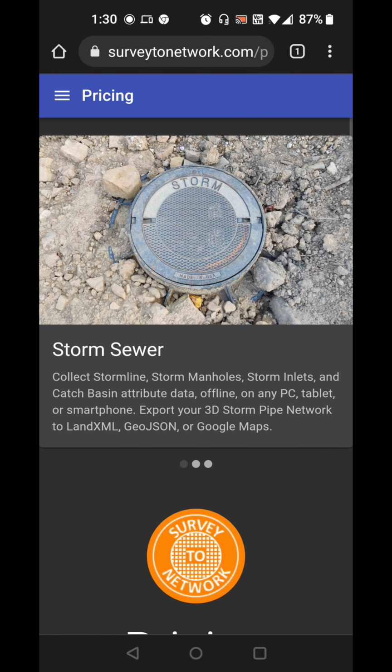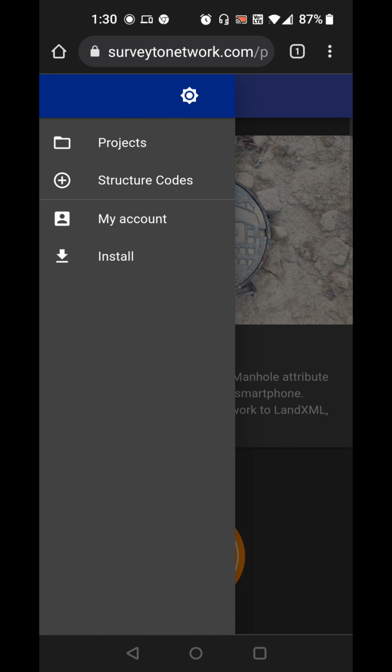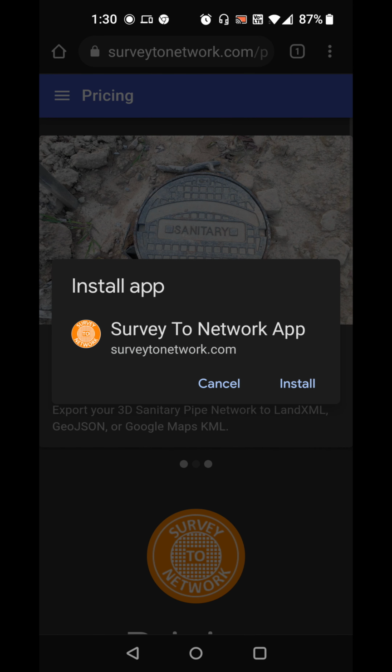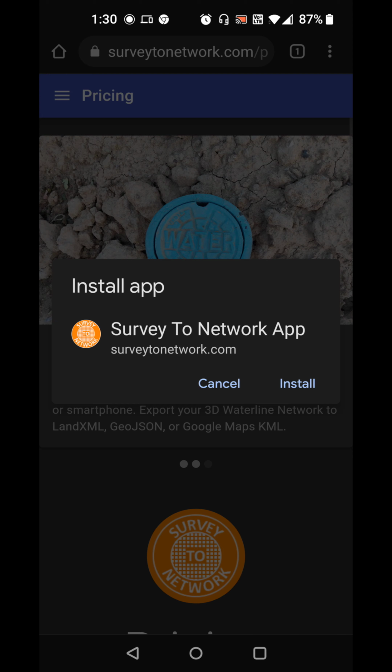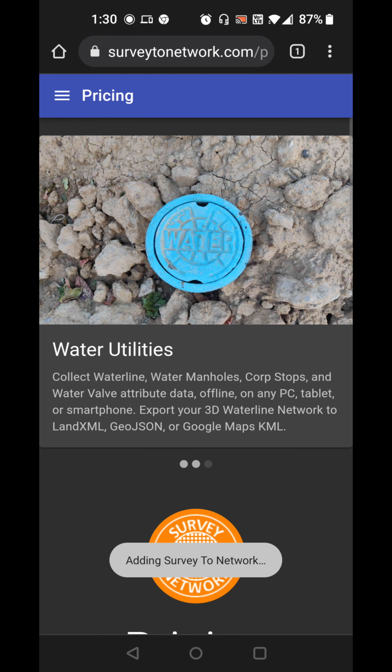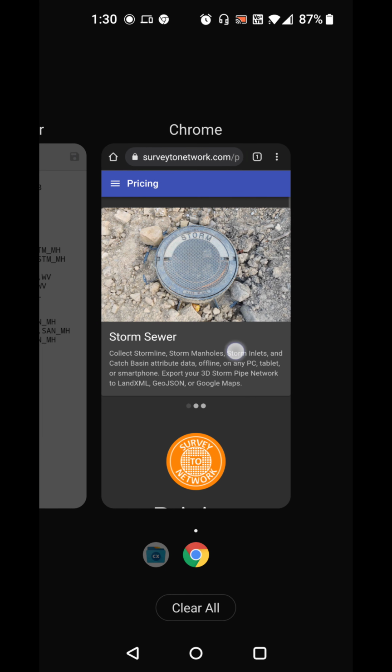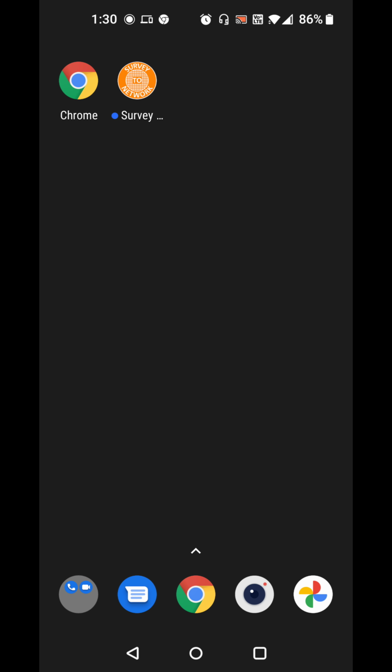Next, click on the menu button in the top left-hand corner and click Install. Then click Install Application. Now you can close your browser and see that the serverreadynetwork.com icon is pinned to your home screen. Go ahead and click the application icon,